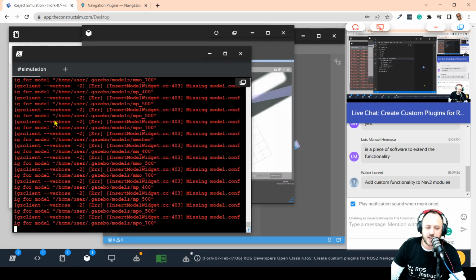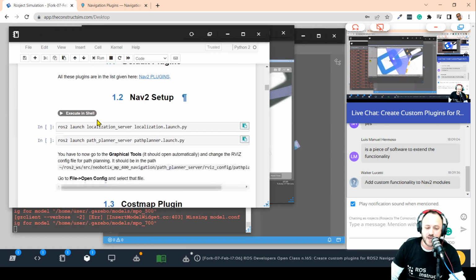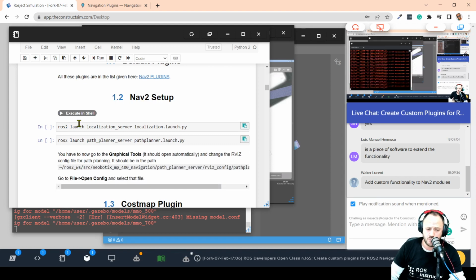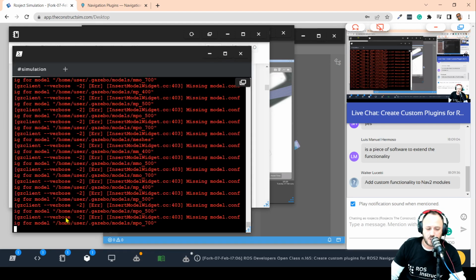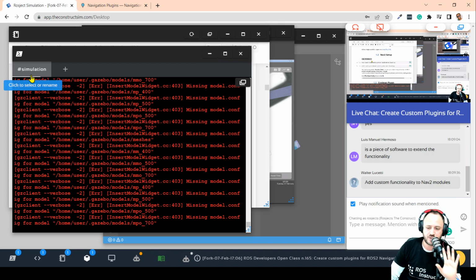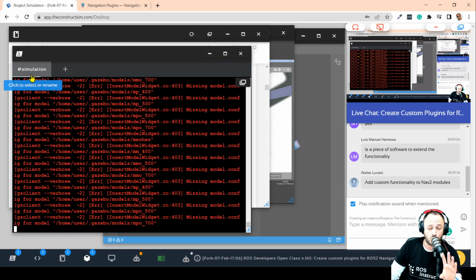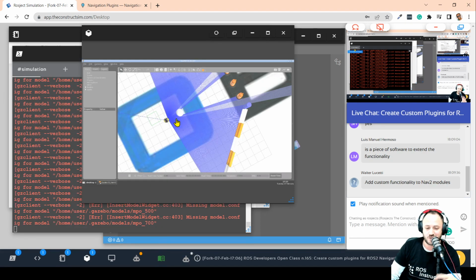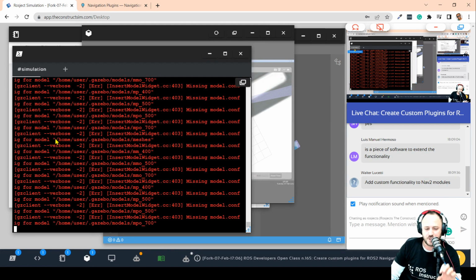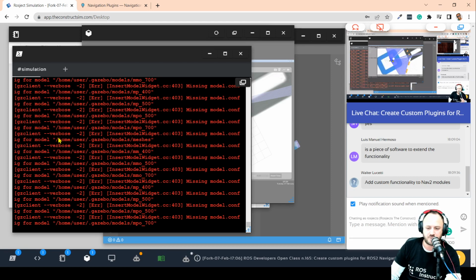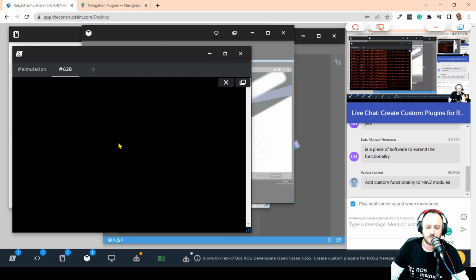Then, just to make sure that the navigation system is working, we can run it. We can launch it. So for this, let's leave our simulation running here in the first terminal. Don't close it, because otherwise the simulation is going to die, and we don't want that. Then let's open a second terminal here,